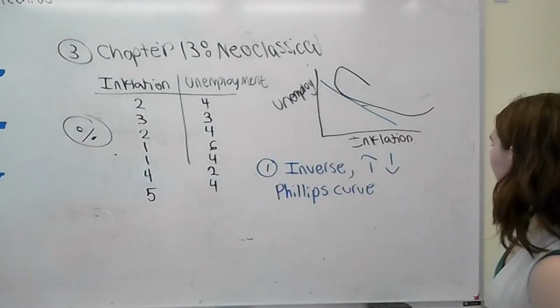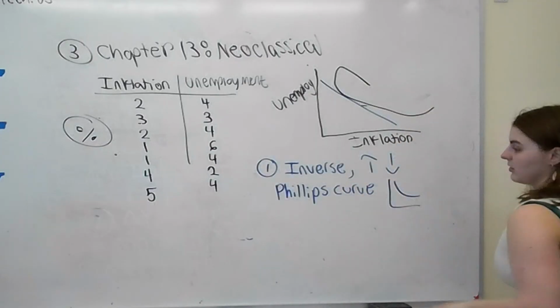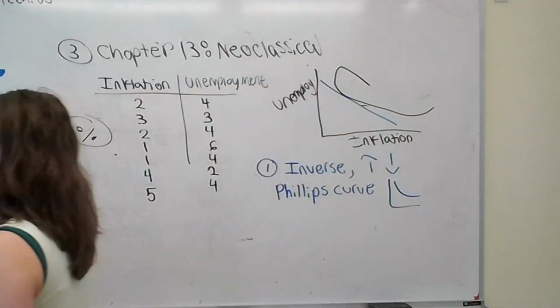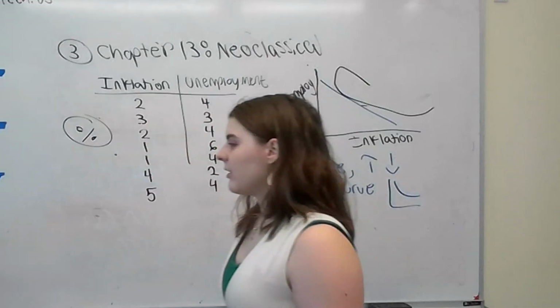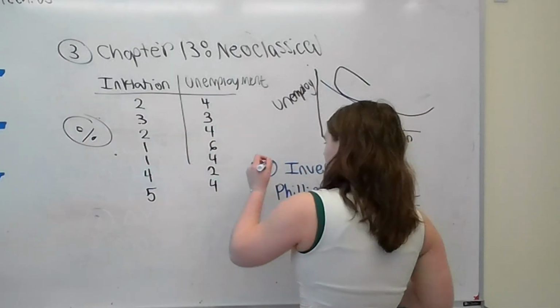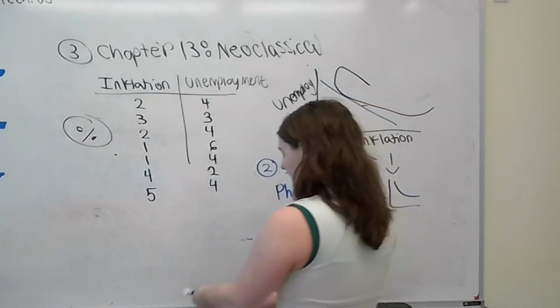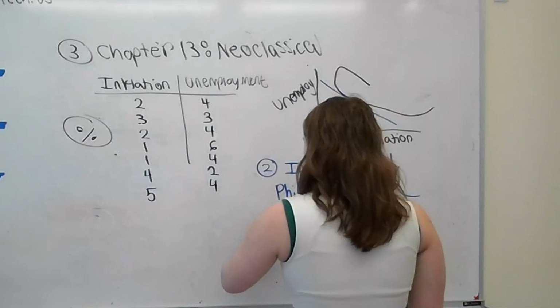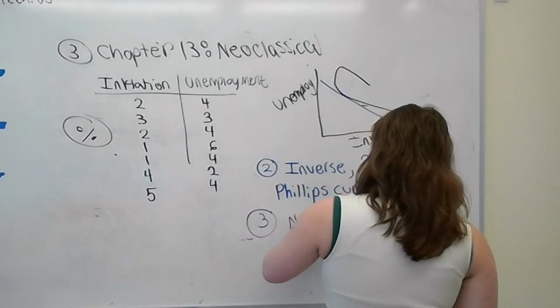So we have a little bit of our Phillips curve. Our Phillips curve is like that traditional downward slope. So it's not perfect, but it's there. We see it a little bit. And then based on this data, we also want to figure out our third question. This was the second one. That's the first one. Our third question is just asking us briefly, what do we think our natural rate of unemployment would be? Remember, our natural rate is kind of where our economy wants to sit at,